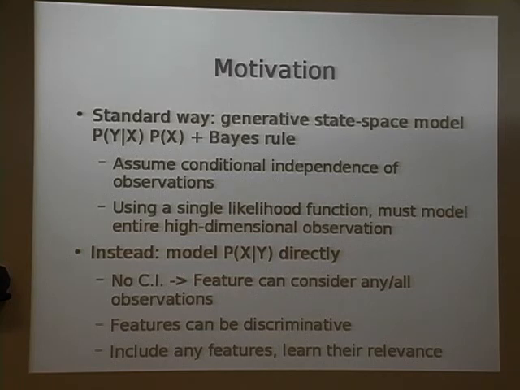I mean, they'll have correlated features not related to the position of the basketball and such. So this is more or less a simplifying assumption that makes things computationally tractable and works pretty well in the real world. And then the other quirk is that you have to use a single likelihood function to model the